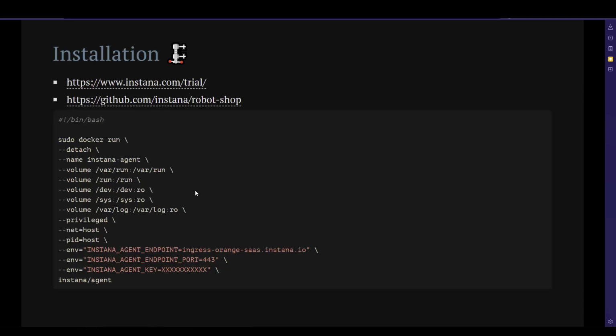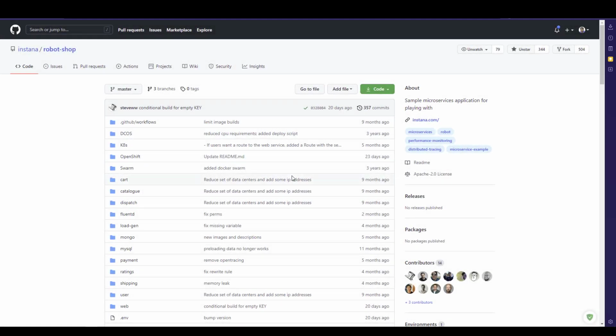To get started, just go to instana.com/trial and sign up for a 14-day trial version. There is no community edition. There is no need to enter a credit card. And you can also play around with Robot Shop. This project is available in GitHub, where you can deploy it and monitor the performance in the Instana UI. So in the demo, we are going to deploy Robot Shop, and also see what's going on in the Instana UI by running a load test, and try to understand the features of Instana.